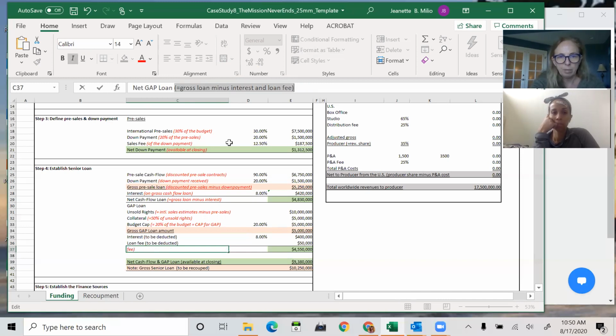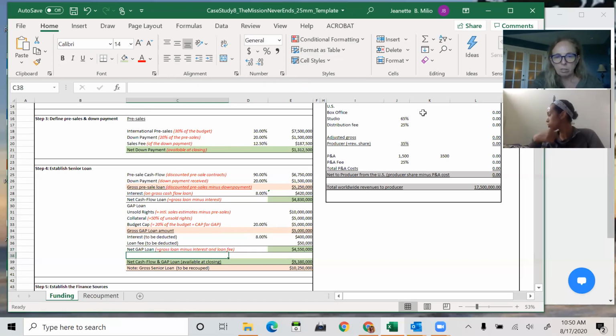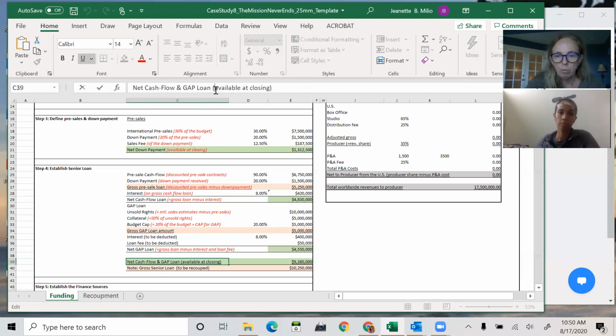So that's that. You now remember how you got there. Okay, so enter would help. This is why we got to the 4,050,000 from the gross. Now how we're doing this is we're adding the net loans available at closing. So we're basically just adding our net loan amounts and figuring out what do we actually have at the closing, at the time of putting all the finance elements together, what's that amount? And we're just adding those two net loans.